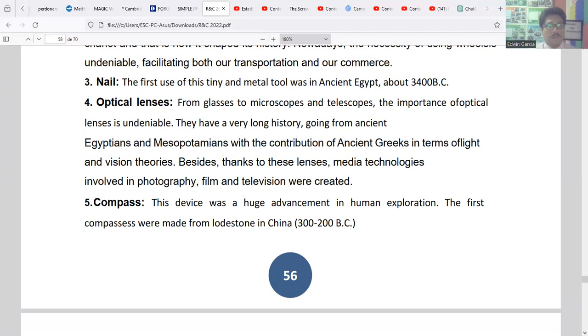The importance of optical lens is when have a very long story information and it's depends the contribution of ancient Greek in terms of ambition. That thanks to these answers, yeah, knowledge of photography and television were